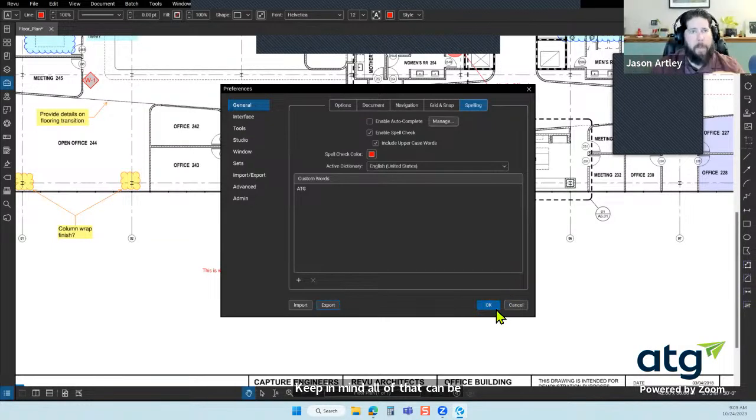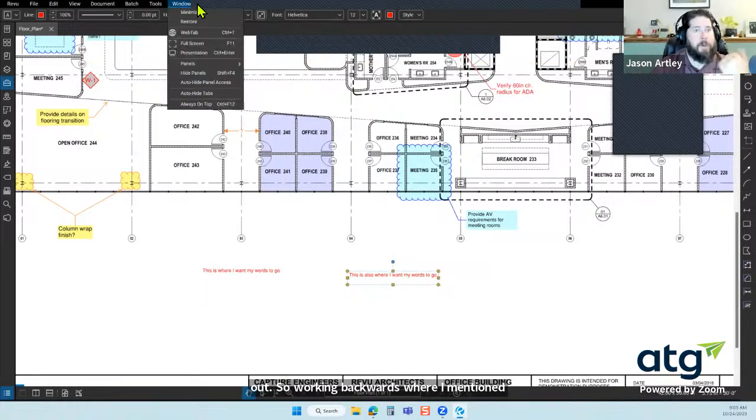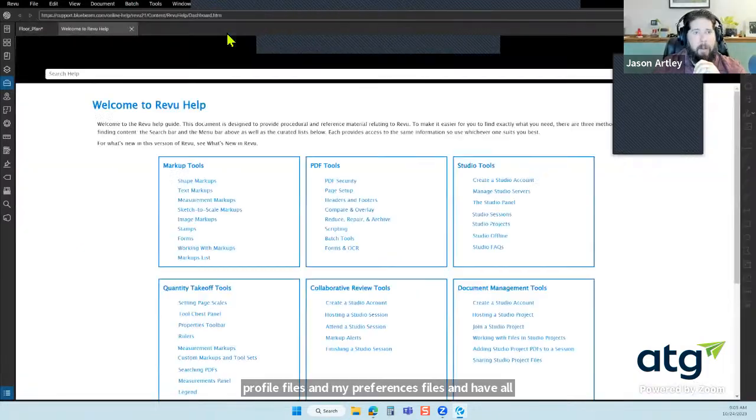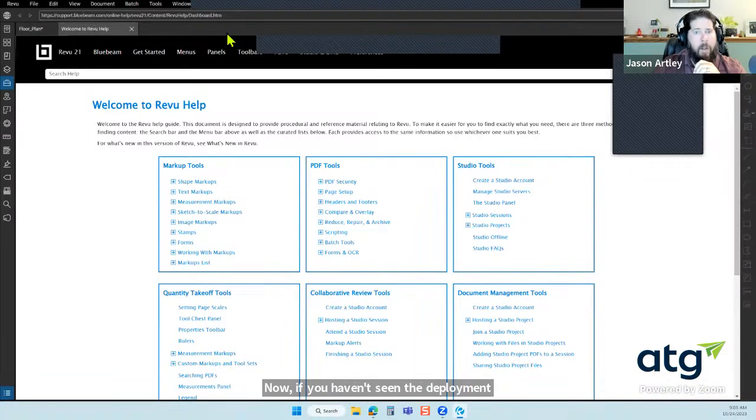So working backwards, where I mentioned that there was a new version of Review that came out, 21.0.50. If I'm in charge of rolling that out to my whole organization, in that deployment guide, I can include my profile files and my preferences files and have all those things ready to go at the same time. Now, if you haven't seen the deployment guide, I went to Help, which is automatically going to open up the web tab functionality here in Review. And there is,